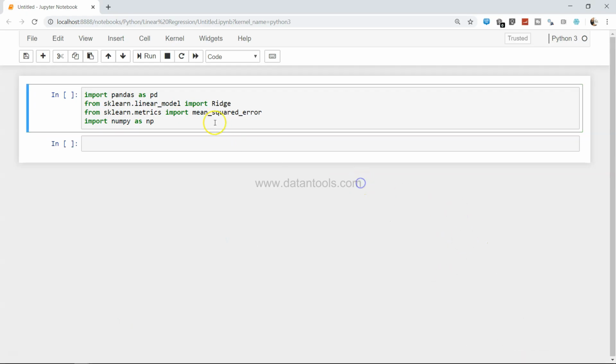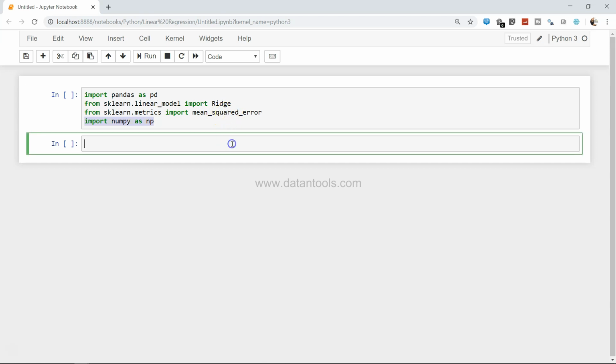Alright, so here we are within Python, and I have imported a couple of standard libraries like pandas as pd, and from sklearn.linear_model I have imported Ridge, which is ridge regression. From sklearn.metrics I have imported mean_squared_error just to calculate the error rate, and to reduce the squared effect I have imported numpy as np, from which we will be using sqrt, the square root method that removes the impact of the square. So first of all, what we have is the simple Boston data set from an understanding perspective,